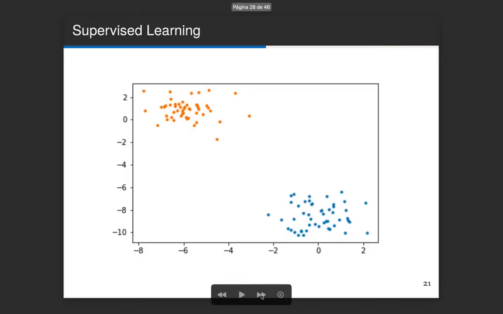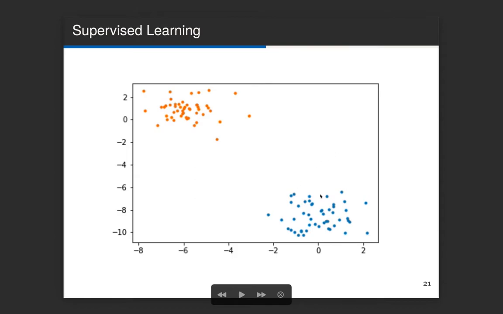So the approach is very simple. Imagine that you can transform a text into a vector. If you have a vector, then you can put it into a vector space. Imagine that we have only a plane.